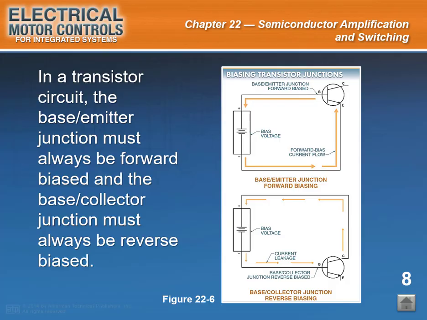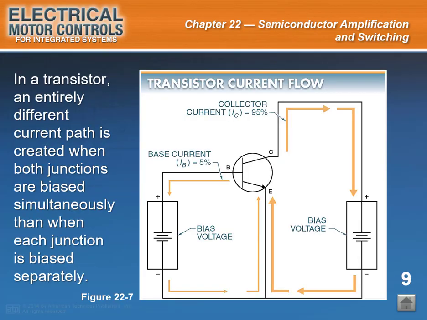End of slide 8. Start of slide 9. Slide caption: In a BJT transistor, an entirely different current path is created when both junctions are biased simultaneously compared to when each junction is biased separately. See figure 22-7. The input voltage to a BJT amplifier or switching circuit is applied between the base and emitter,